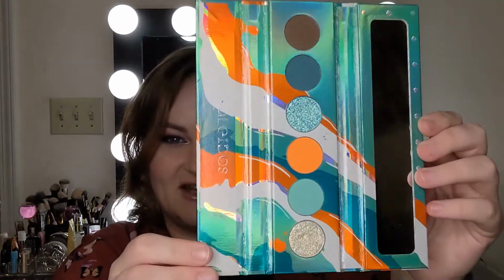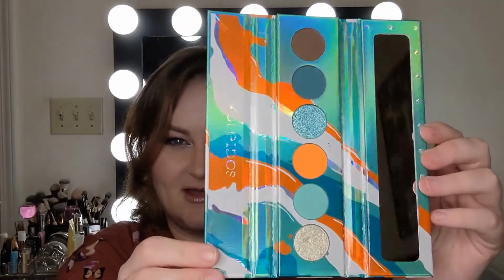And this is what the inside of Electro-turquoise looks like. These make great little travel palettes. They're very compact, thin. They don't take up a lot of space. They got a little mirror. I think that's a great feature of these palettes. So we have shade-wise